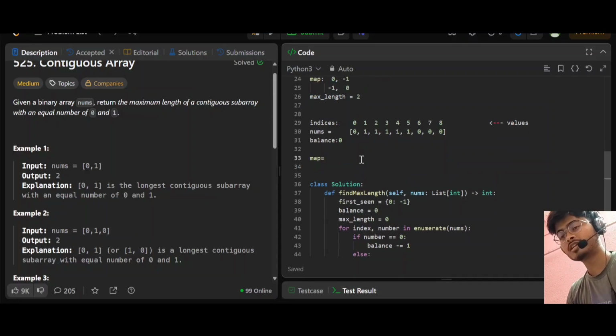Let's do the dry run for a larger example. First we insert our first key value pair, that is 0 and minus 1. Now the balance is 0 for index minus 1. At index 0 the value is 0, so the balance will be minus 1. Now the balance minus 1 is new, so we will add to the map